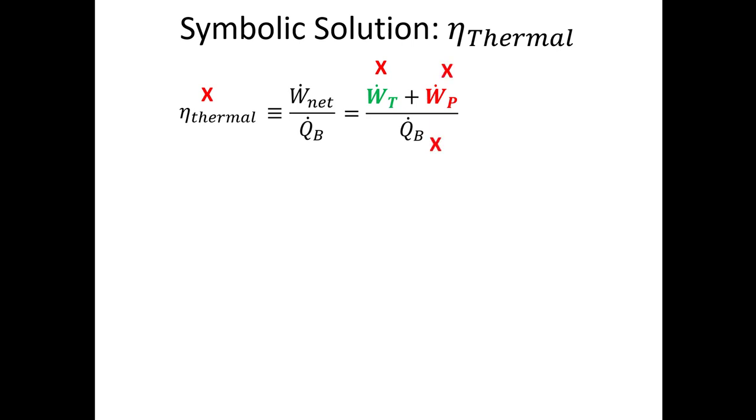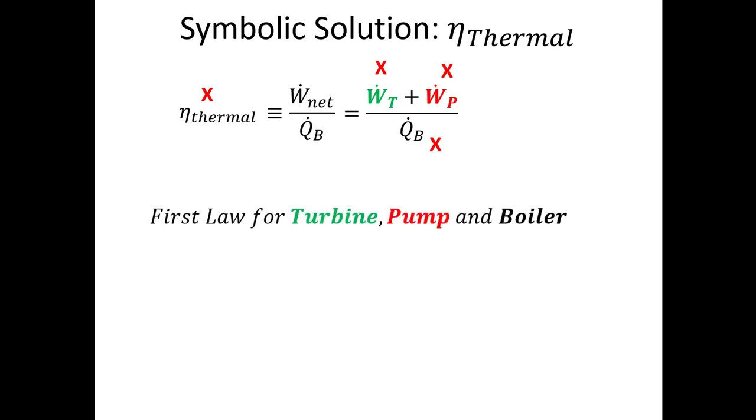And I don't know how much heat I'm adding in the boiler. So it's nice that I have a symbolic solution. I just don't have any answers yet. So how do I use the first law to find the turbine power, the pump power, and the heat added